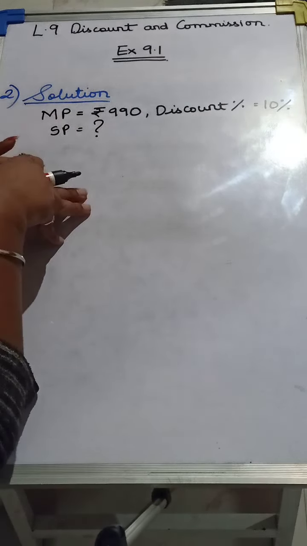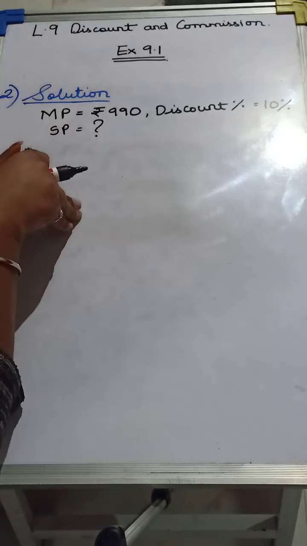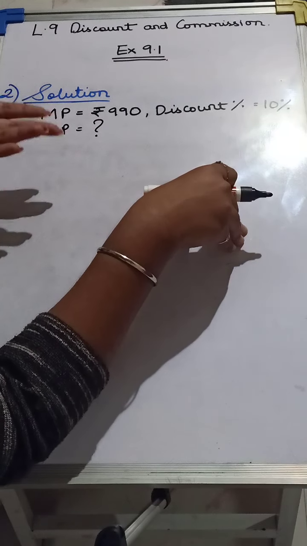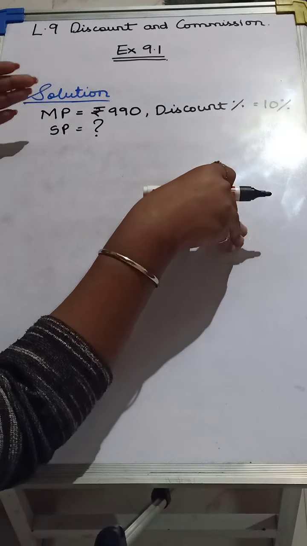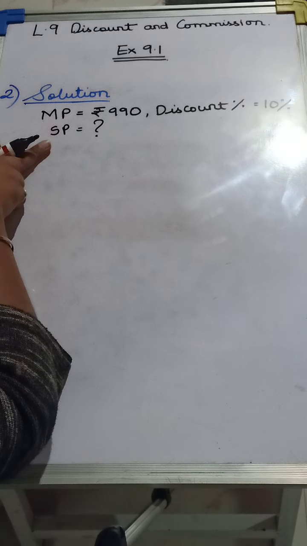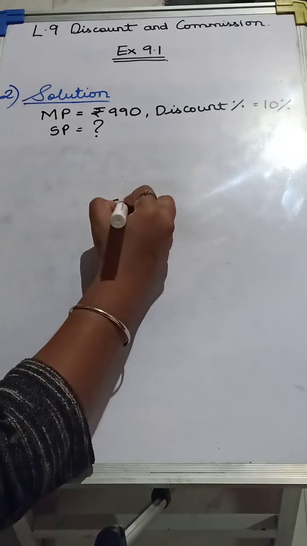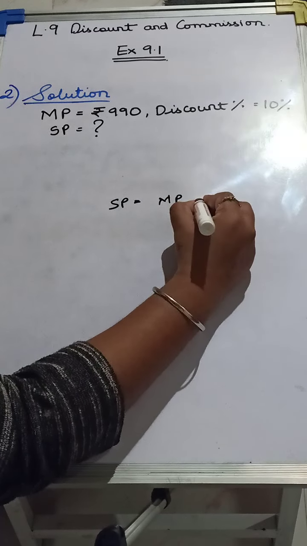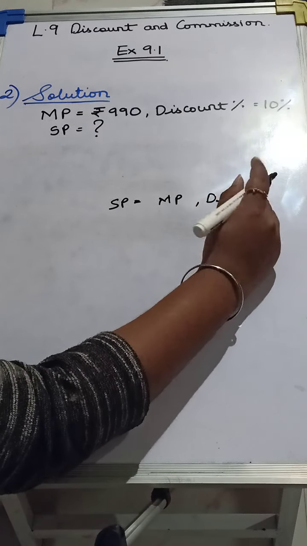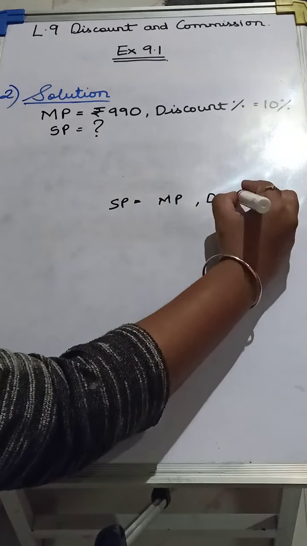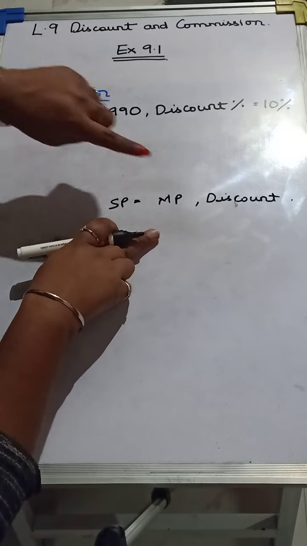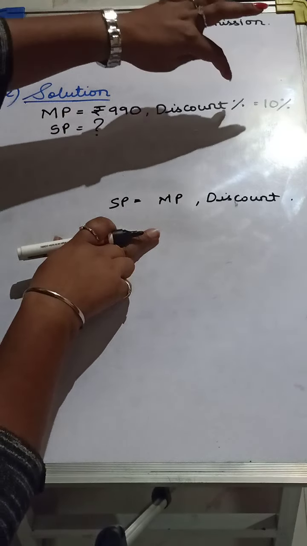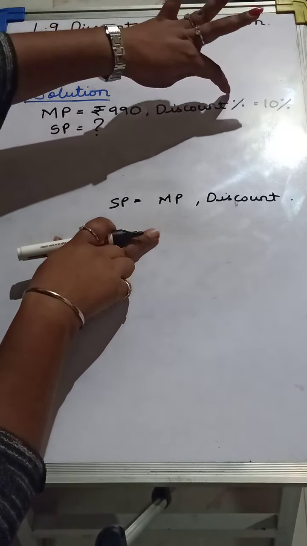Like for example, if we are finding discount, we need marked price and we need selling price. If both are there, we will directly solve. If both are not there, then we need to first find the marked price or the selling price. Same way here, for selling price, what do we need? For selling price, what we need is marked price and discount. We need these two things to find selling price. From these two, marked price we have, discount we don't have, we have discount percent. So students, first we are going to find discount. Understood? So let's start.